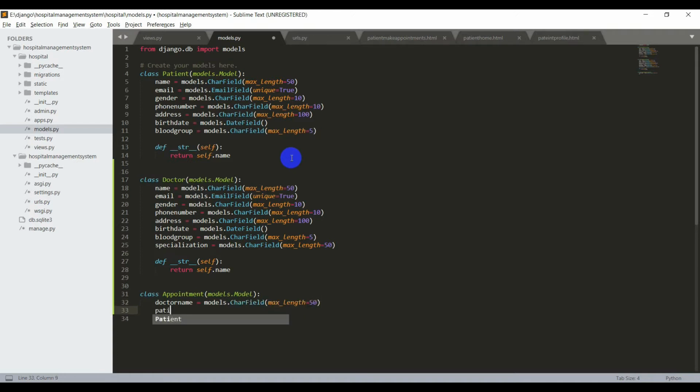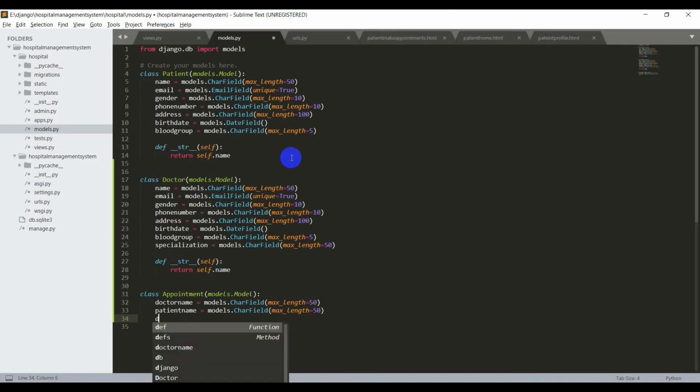Also patient name is equal to models.CharField of max_length equal to 50. Okay. And now to send this appointment to the respective doctor, we need his email ID. So we need to save the patient's email ID as well as the doctor's email ID.